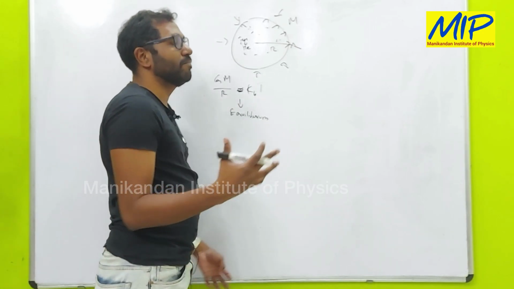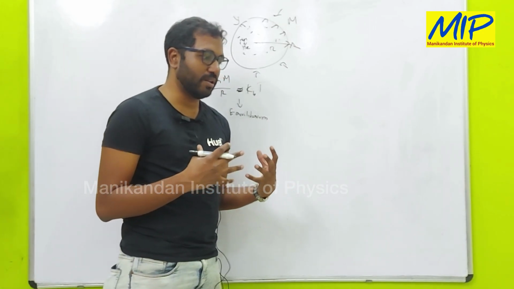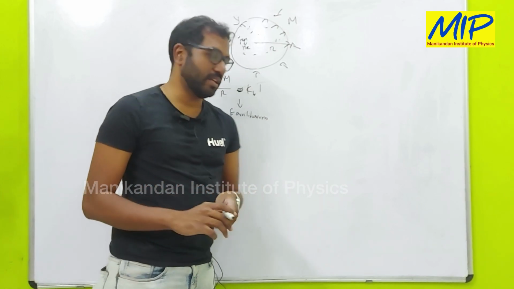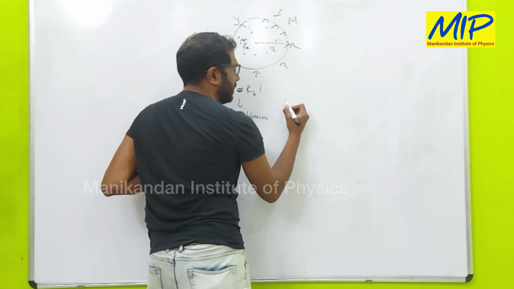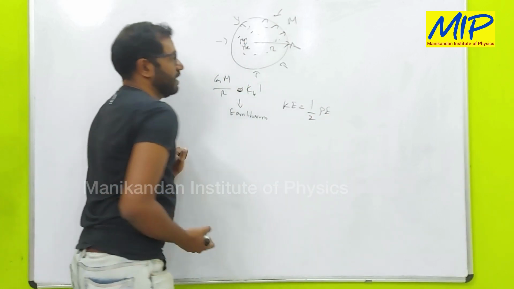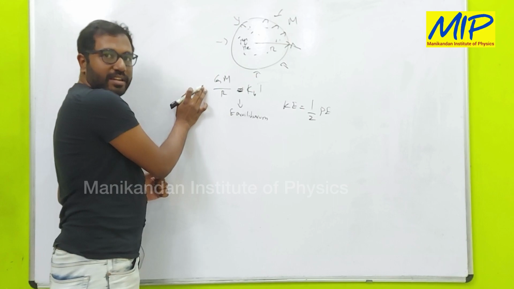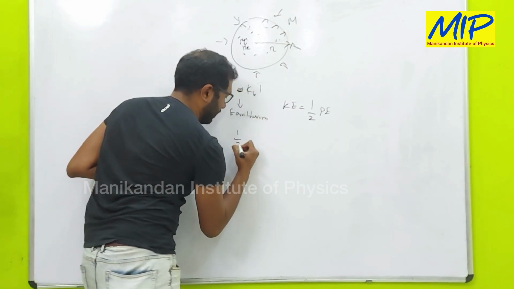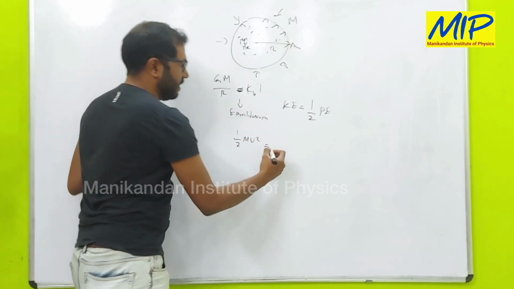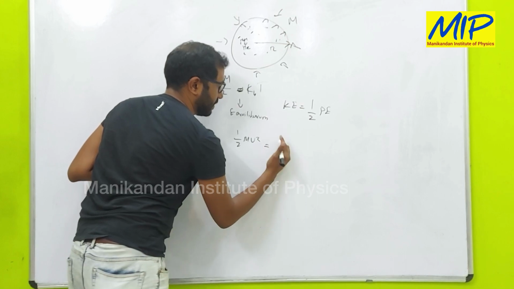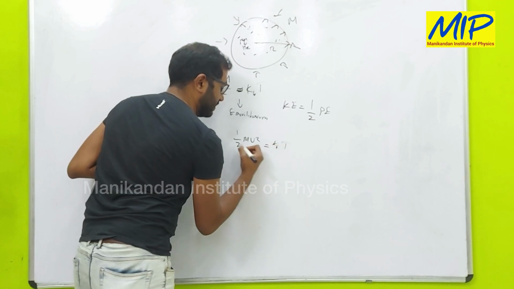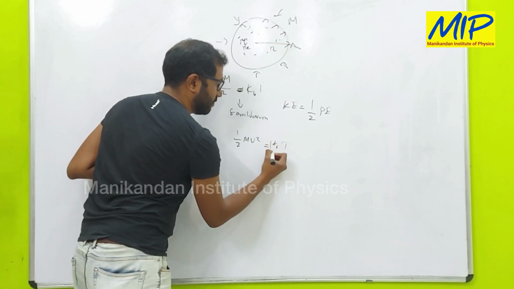Now this is something I might have mentioned in the past, which is called virialization. What I mean by virialization is similar to the work-energy theorem, where my kinetic energy, which I'll denote as K, is 1/2 of my potential energy. So now I know my potential energy. My kinetic energy is half mv squared, and this is kB times T, which is going to be half of my potential energy.